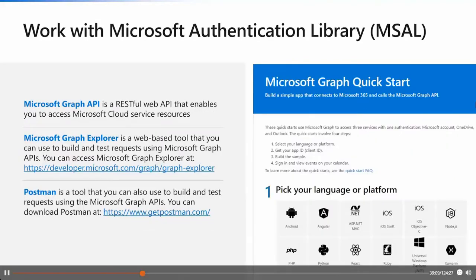Then we also have working with the Microsoft Authentication Library. With this, I can reach things like, for example, the Microsoft Graph. The Microsoft Graph is basically a REST API that enables me to access all the resources on the Microsoft Cloud. This exposes Office 365 services like Delve, Excel, Bookings, Teams, OneDrive, Outlook,